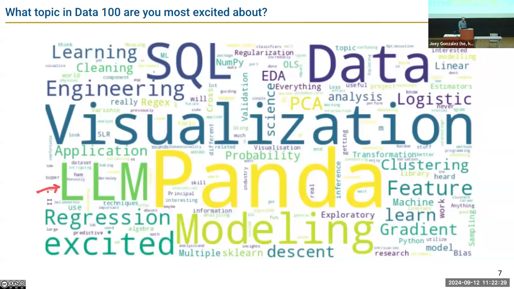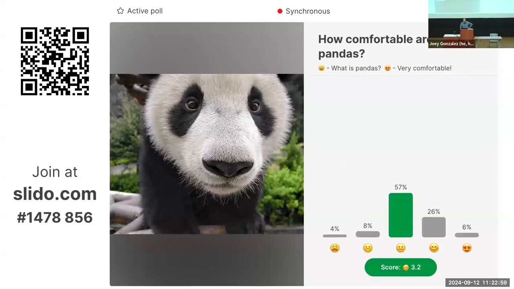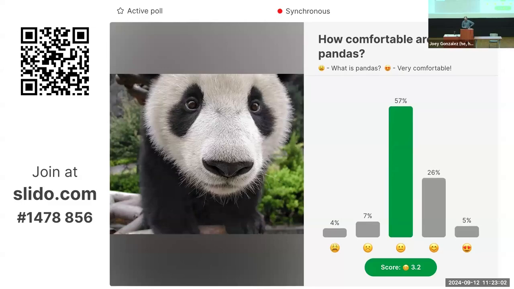And it is time to talk. Oh, wait, one more poll. Okay. Let's do this first. How comfortable are you with pandas? At this point in the class, if you are very comfortable, I'm shocked. I'm still not comfortable with pandas. But what do you think? We do these polls for attendance. This one's pretty easy. Can't give it a wrong answer. All right, can I go look at it? Let's see what happens. Their middle finger, no, okay. People are, that's how I feel about pandas still, so very good.